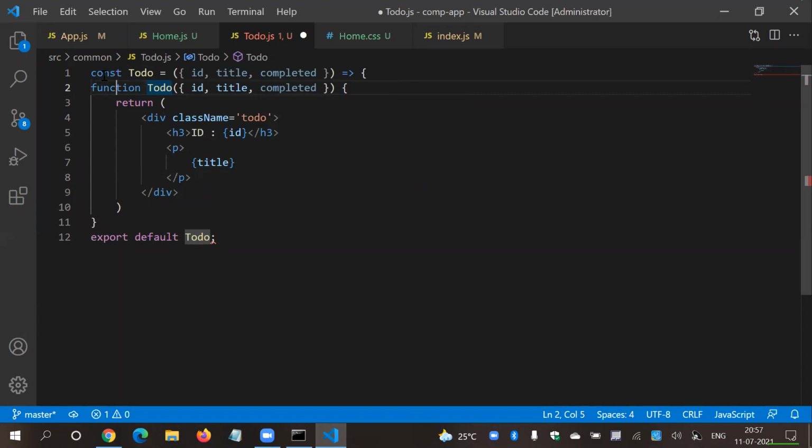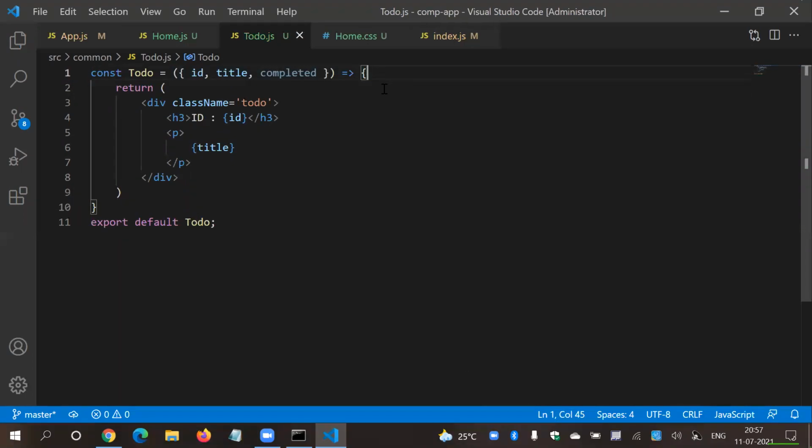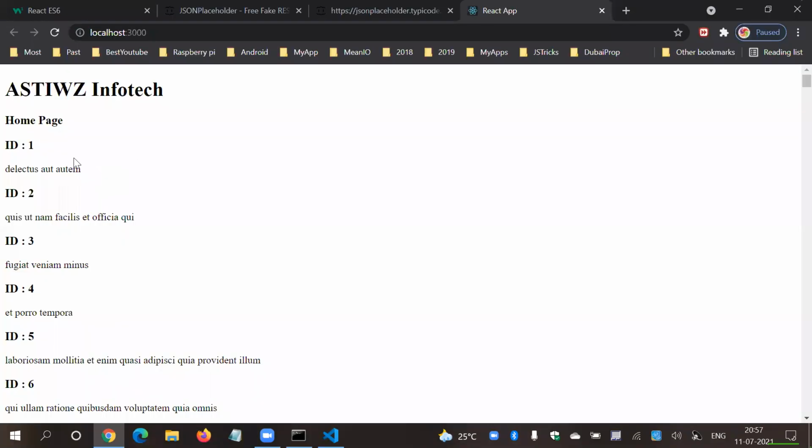Instead of function, I'm going to use const or let or var, something like that. Whatever parameters you are using as formal parameters, I'm going to declare them over here before the arrow, and then before the curly braces of the function body, I'm going to use this arrow function. That's it. So perfect. We are here up to here.